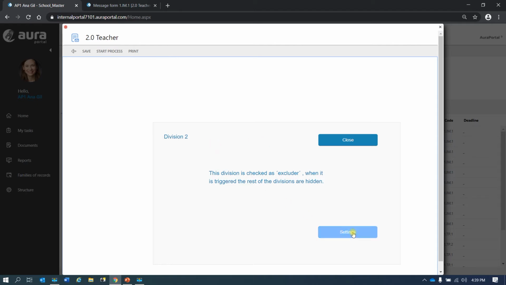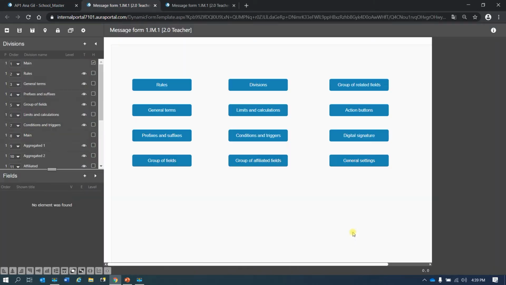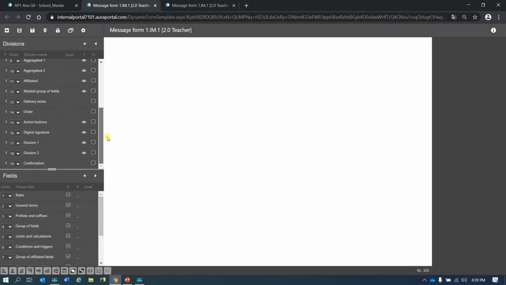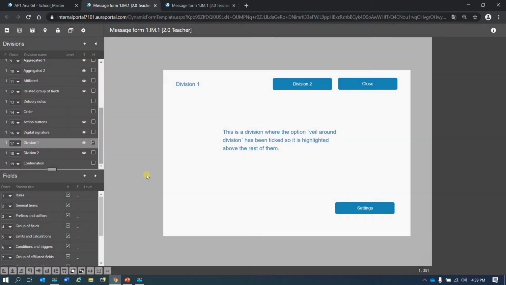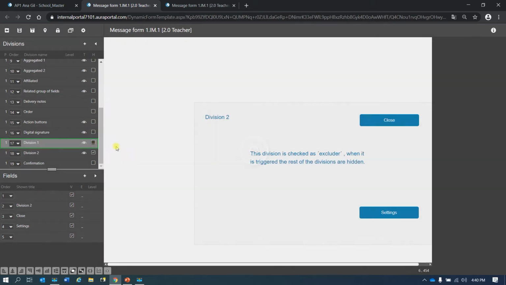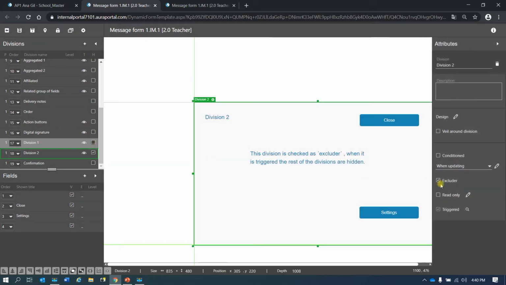So let's go to settings, and let's see the configuration of those two divisions we just saw. So division 1, as you can see, the veil around division is selected. And if we go to division 2, the option excluder is selected. Now that we have seen these two options,